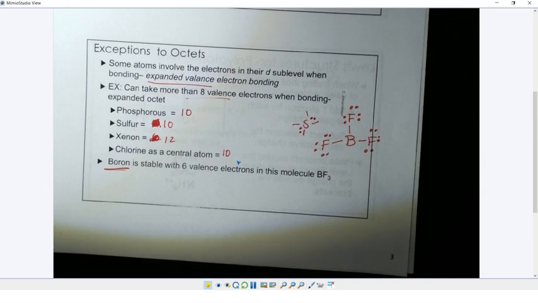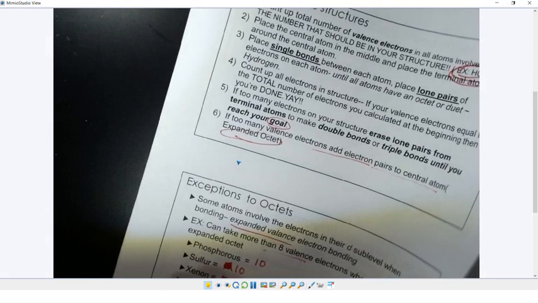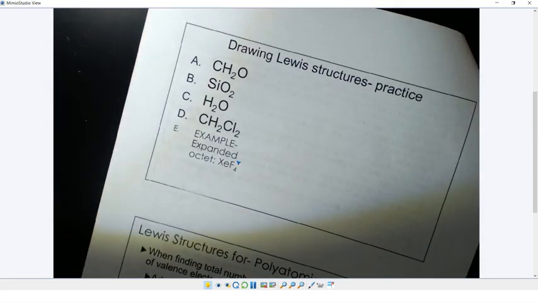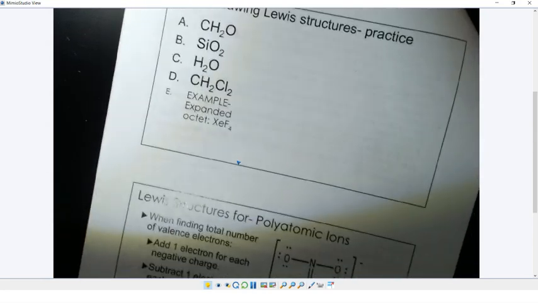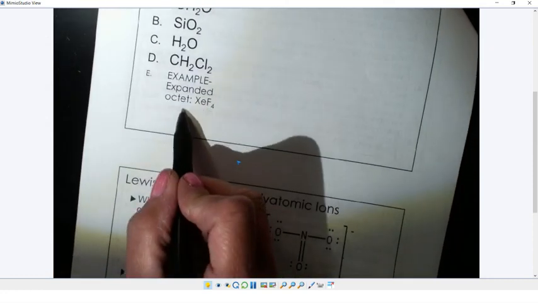Now let's do an example so you can see. Because normally what you'll do is you'll draw the Lewis structure and you'll be like, oh, this guy has an expanded octet because I have an extra pair of electrons that I don't know where they go. That's usually how you figure it out. And you're like, oh, now I remember. So let's look at